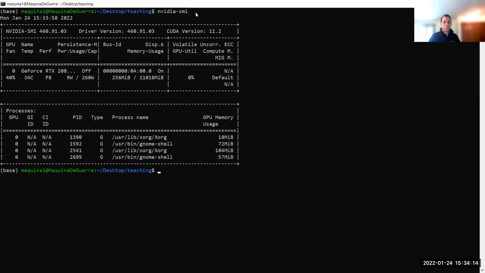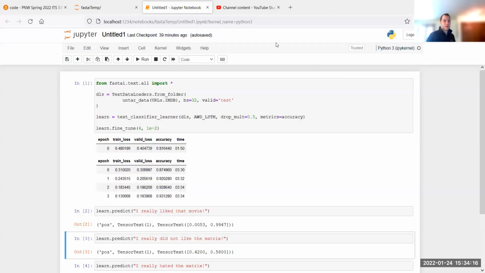Let's go back to the Jupyter. Now, I've already posted these Jupyter notebooks on my GitHub, so I don't need to save them. We've done movie reviews and segmentation. No, sentiment classification and segmentation, I believe.